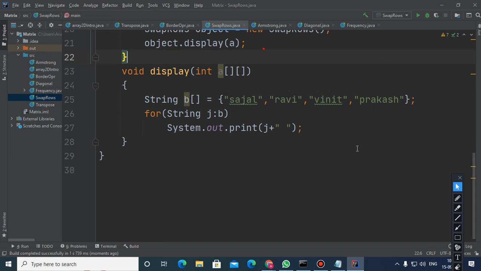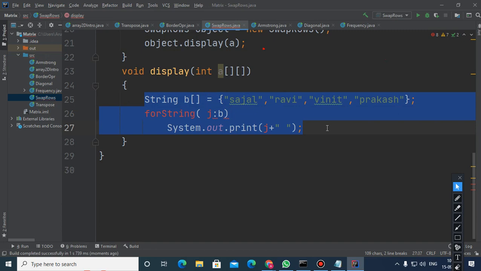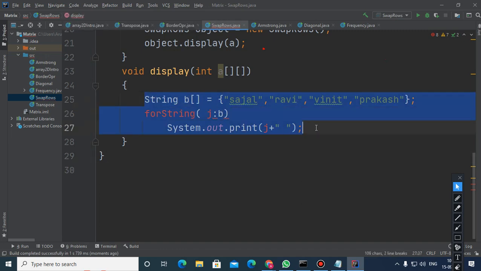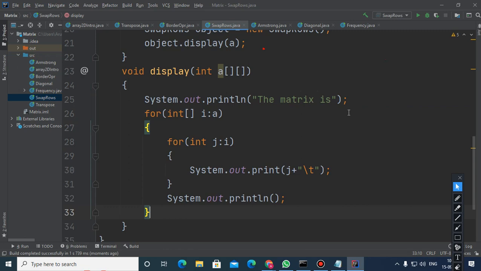Whether it is a string array, if it is a double type array, here you need to write double. If this is a long type array, you need to write long. If this is an integer type array, you need to write int.